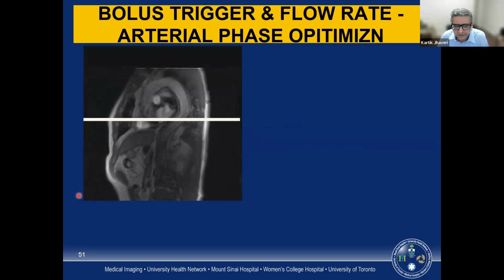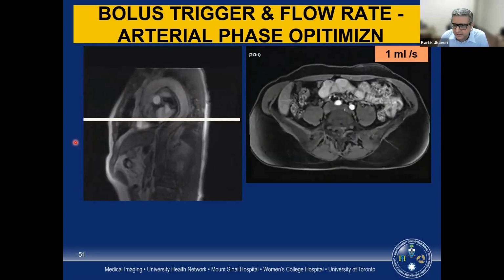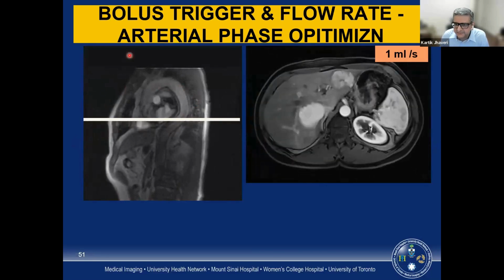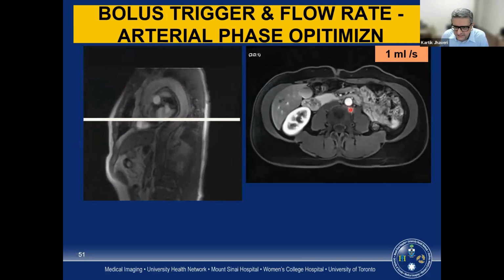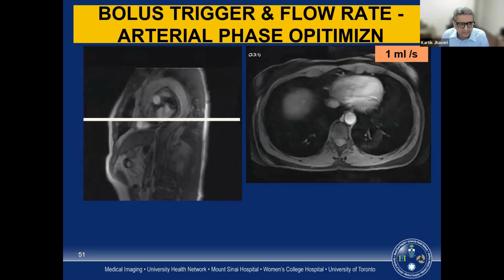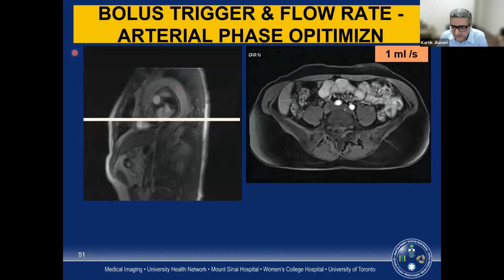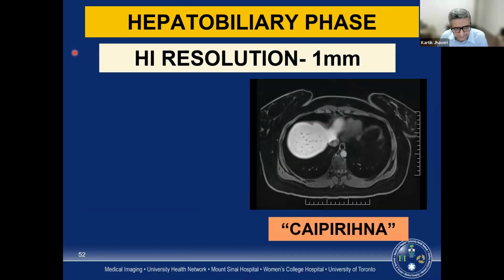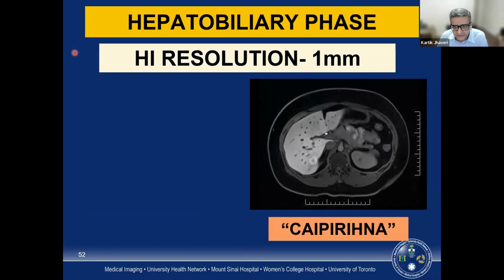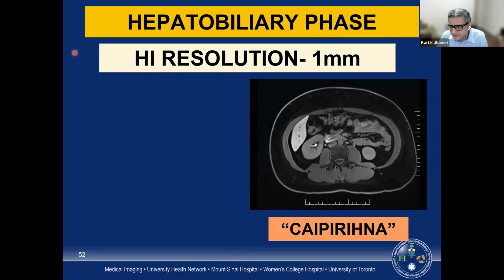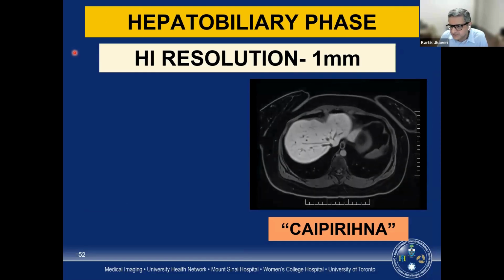So we will do a flow-triggered examination where the technologist is injecting the contrast agent, and you're watching the contrast agent pass into the aorta. And as the contrast reaches the descending portion of the aorta, the scan is triggered, and you can get quite a nice arterial phase with this contrast agent, as you can see here. If I showed you this, you won't be able to tell the difference between an extracellular contrast agent and a hepatobiliary contrast agent. On the hepatobiliary phase, you can utilize something known as accelerated techniques on T1, such as cryptoremia,